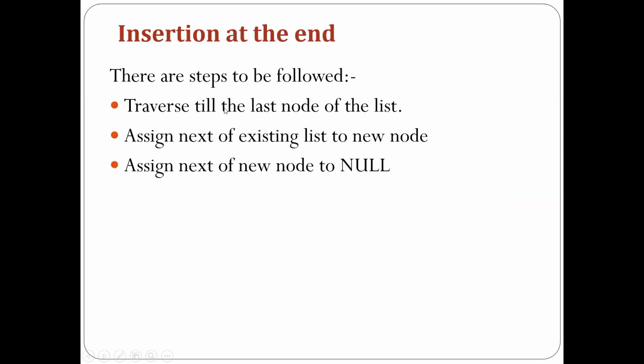Now insertion at the last here. So insertion at the last is exactly similar to the create function of the single linked list. In case of the creation also, what we have seen here, every time a new node we are going to add at the end of the list. So same thing is there. Traverse the list till the last node of the list, and then between the last node and the new node we have to just establish the link here.